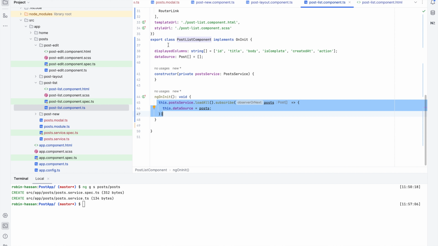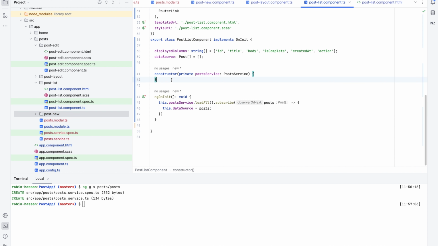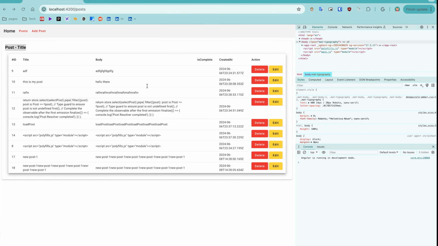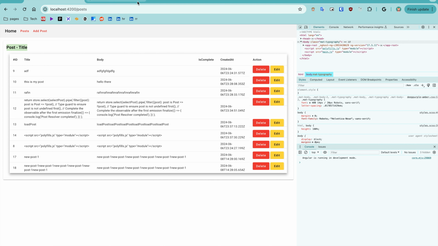Now assuming we want to update the store from some other component whenever we edit, or we want to add a new one, it's going to be difficult to maintain this, as every time we have to call the API. Having a centralized store is always helpful, and to do that, this is the part where NgRx